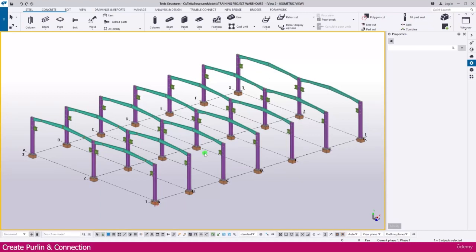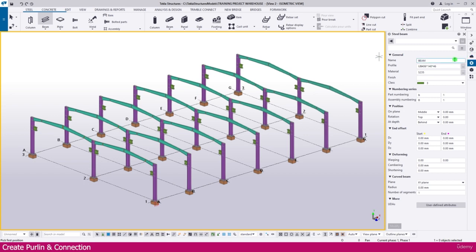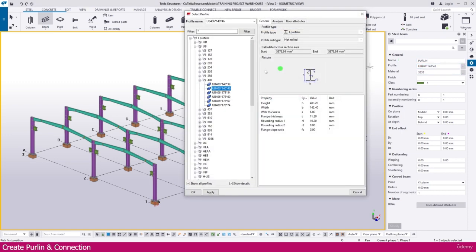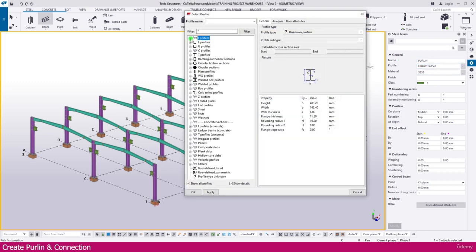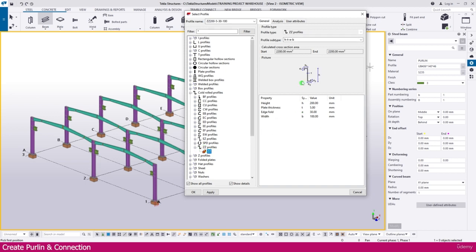Create purlin. Go to steel, then select the beam, go to the properties of beam, make it here purlin, then go to the profile catalog. Here we need to select, you can select this cold road profile. In that you will get the Z profile, like this Z profile, or you can select